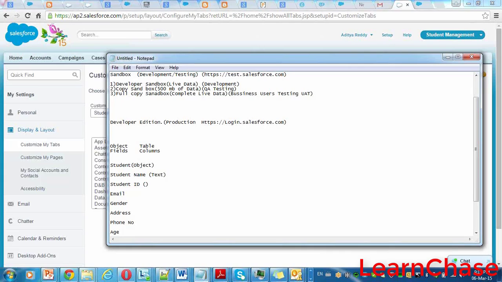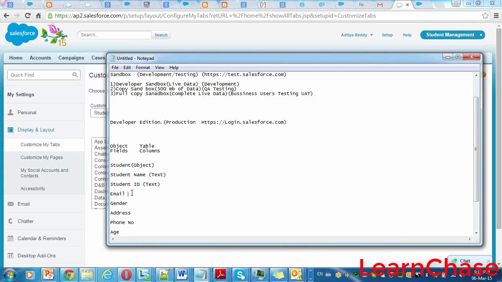Now, for student ID, what can we use? Integer. Integer is fine. But if the student ID includes the organization name, the institution, and some data, then again we can use text. Text can store only characters, right? It can store numbers also. Anything it can store.